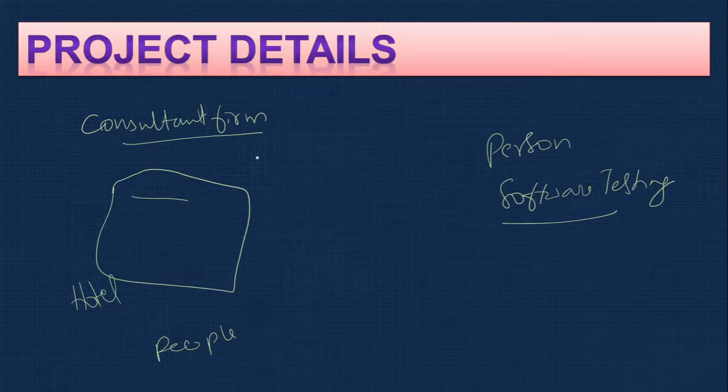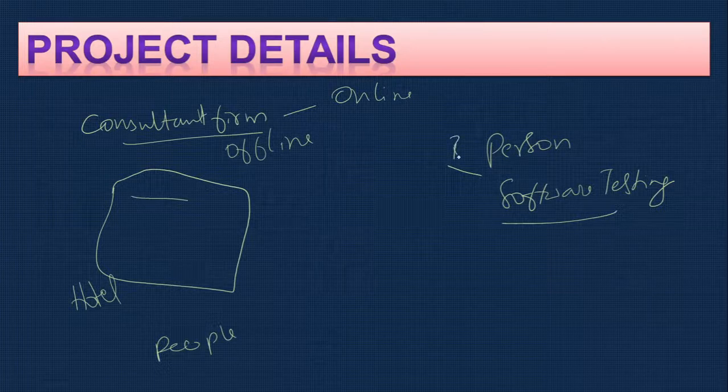Earlier all these things happened offline, so this firm had to communicate with everyone and then arrange things. Now, due to technology, they can go online. Whoever wants to conduct conferences can book online. We don't need to communicate with this person; if interested, he can book online. Once the conference is ready, people who are interested in that particular conference can join or buy the ticket and go to the conference. I'll show you in detail how the whole concept works and how this project is done.